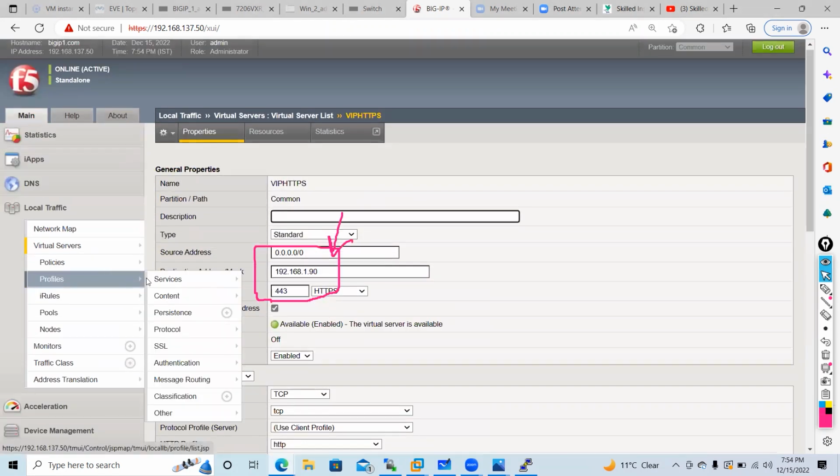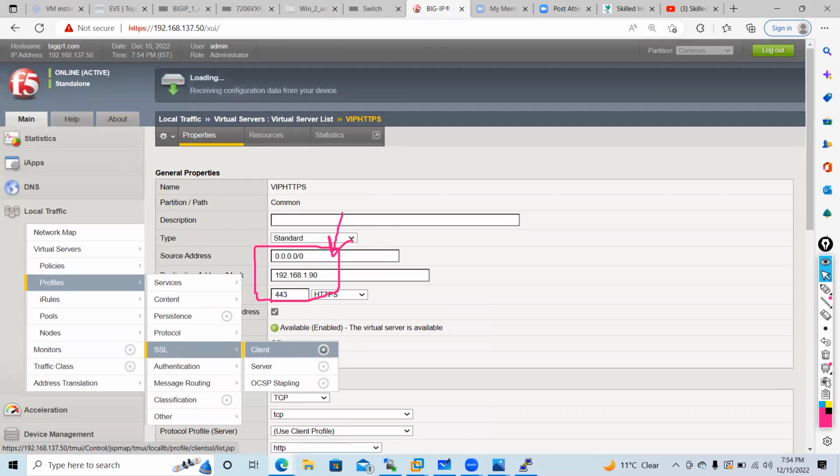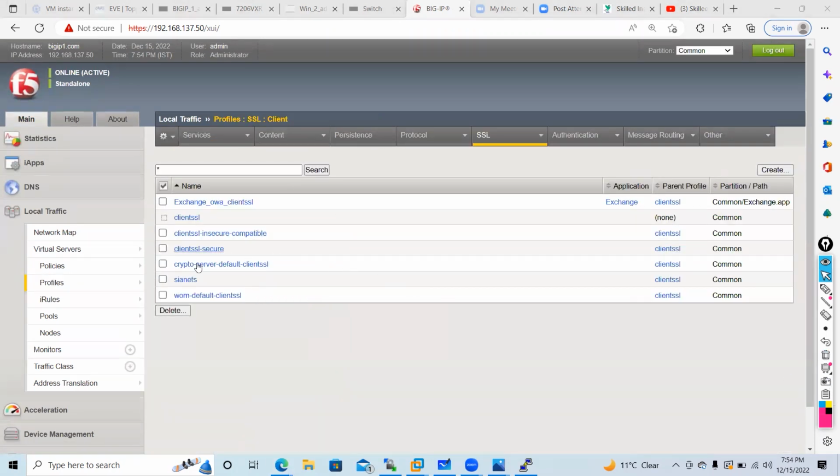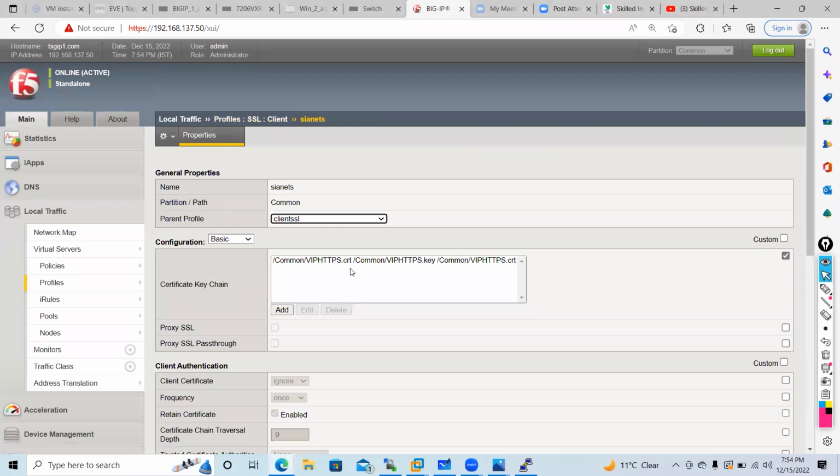Now I will go to the profile, Sianets. Now where do I need to check which certificate and key is there in my profile? Anyone? You are correct. First you have uploaded the certificate and key. Then you have gone to the virtual server and checked what profile was there.